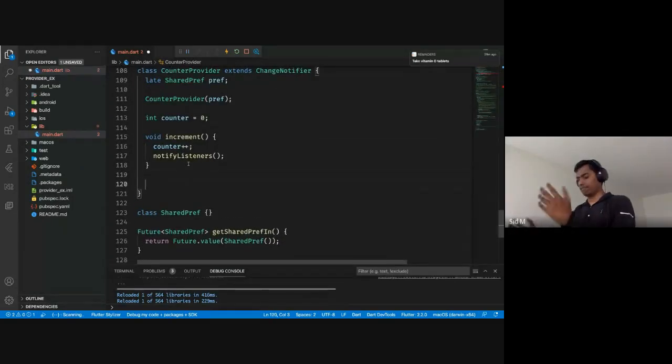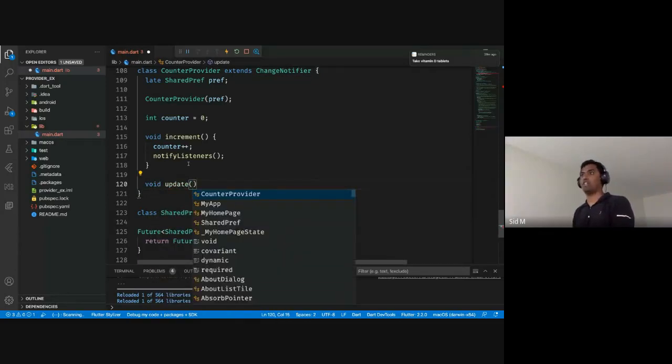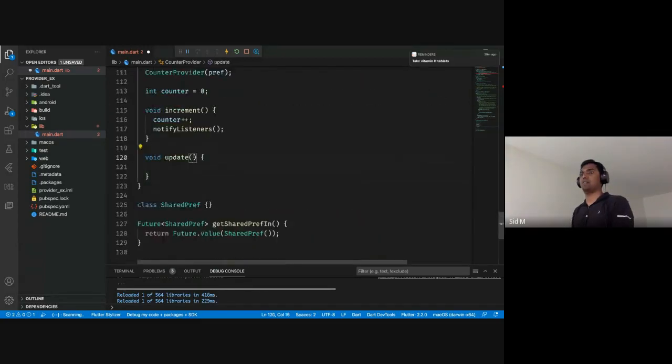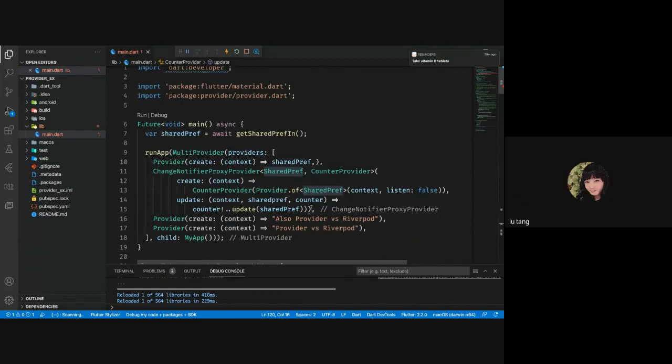That's what you need to do if you also want to watch the changes. Then you pass in. So this is what you do usually when you are working with